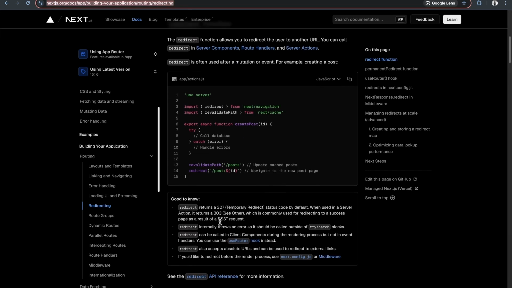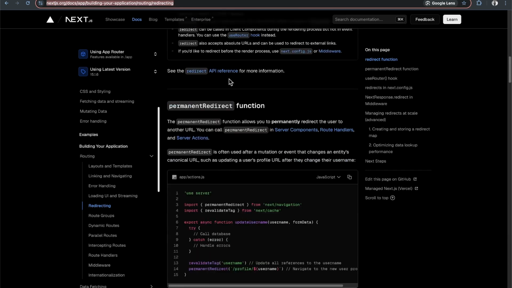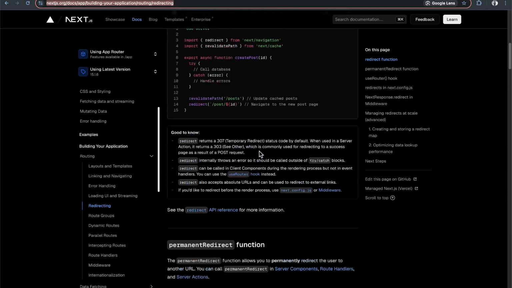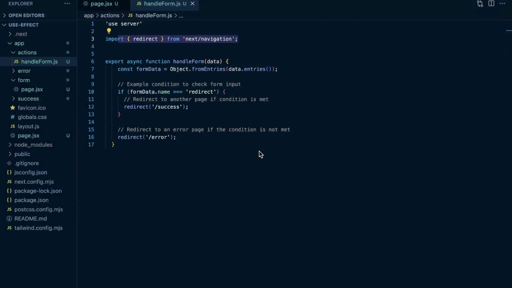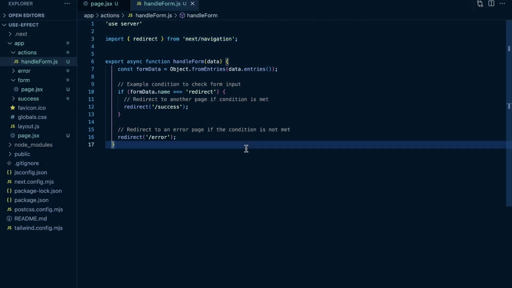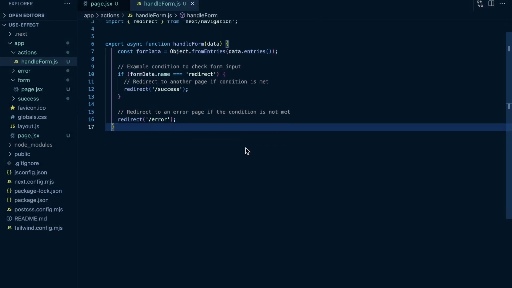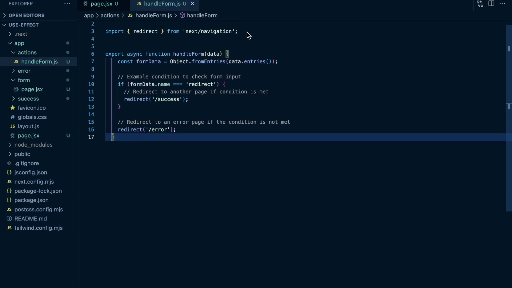Now, we'll also at the end cover some things that are good to know, as well as permanent redirect, as it's basically the same as redirect, but we'll cover that here towards the end. So if you want to redirect a user within server components or server actions, you can use this redirect function